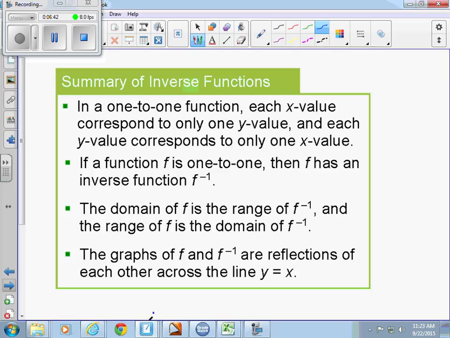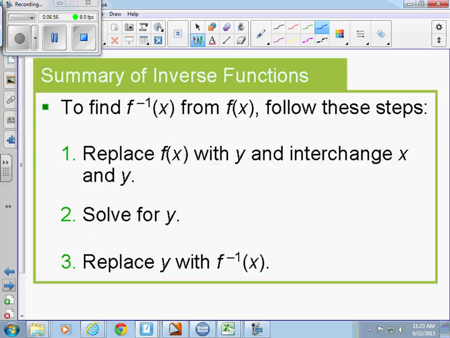The domain of f is the range of f inverse and vice versa. The x's and y's switch. So this is kind of some review. The graphs of f and f inverse are reflections across the line y equals x. To find an inverse, this is probably somewhere on a note card, you replace f of x with y, you switch x and y, and you solve for y, and you call it f